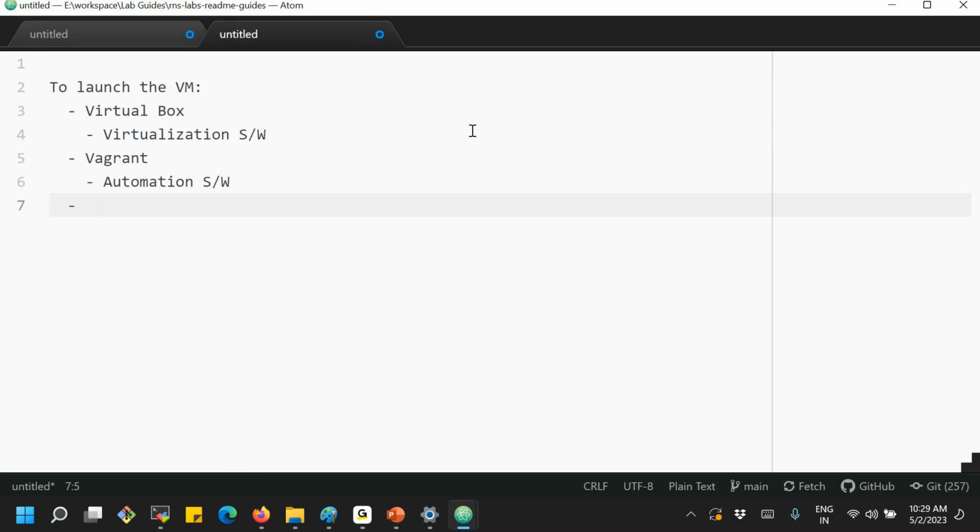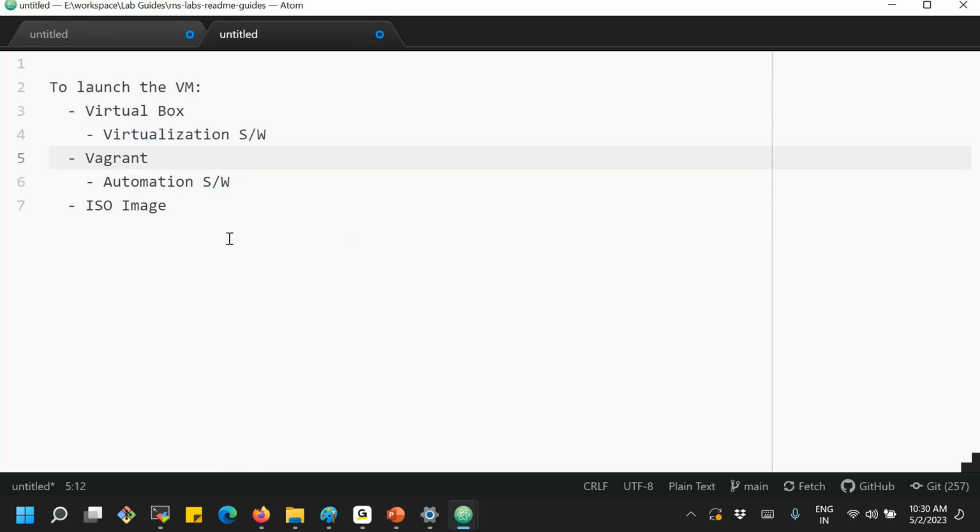What next? As we are trying to understand, the ISO image is the main input, right? Another input is the ISO image. But where can I get those ISO images? Normally, if you are using VirtualBox directly to launch the virtual machine, you need to go to the Ubuntu provider or Red Hat provider to download that image file. But if you are using Vagrant, the team is providing ready-made ISO images.